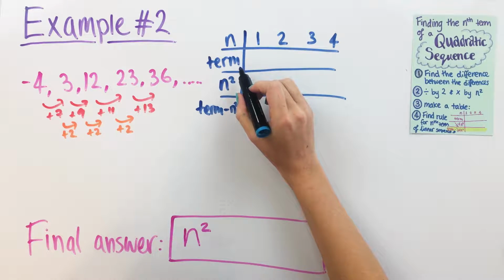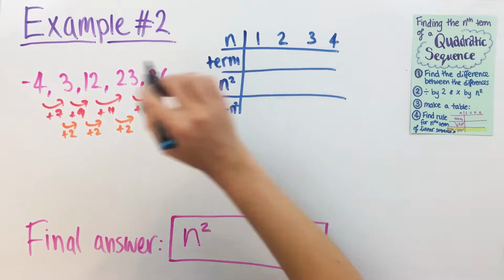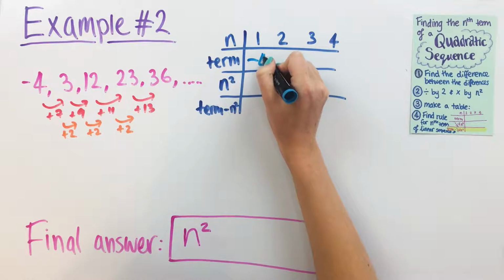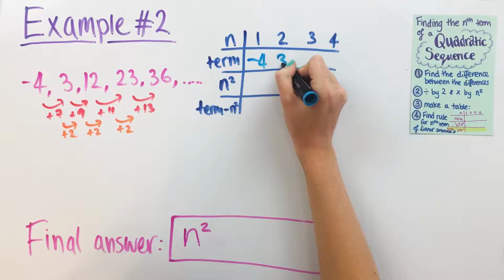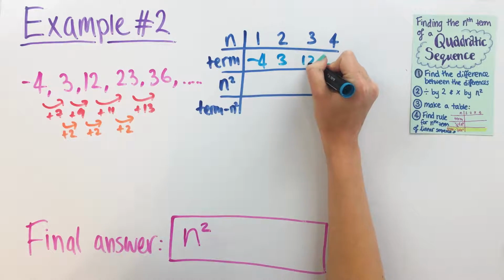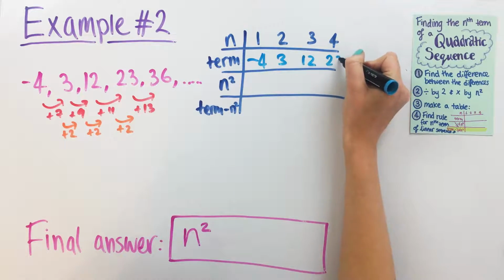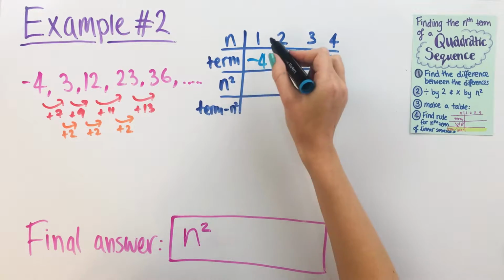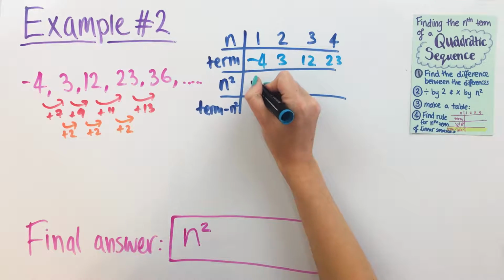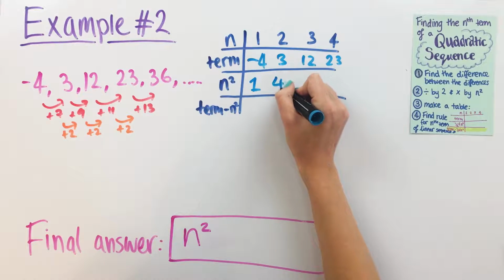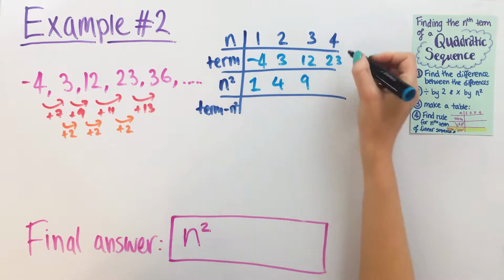So filling this in, our first term, when n equals 1, we have minus 4. When n equals 2, it's 3. N equals 3, it's 12. And when n equals 4, it's 23. In this row, we fill in n squared, which isn't too bad. So we just have 1 squared is 1, 2 squared is 4, 3 squared is 9, and 4 squared is